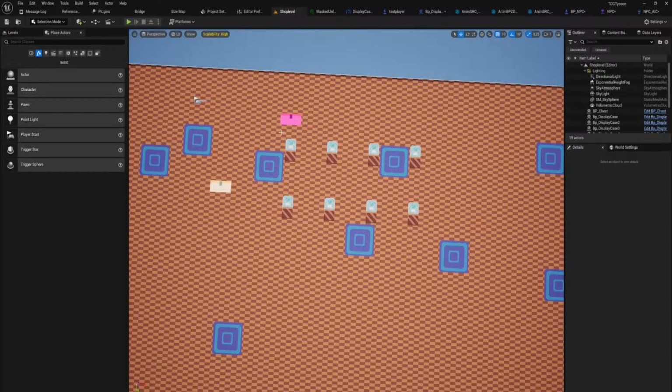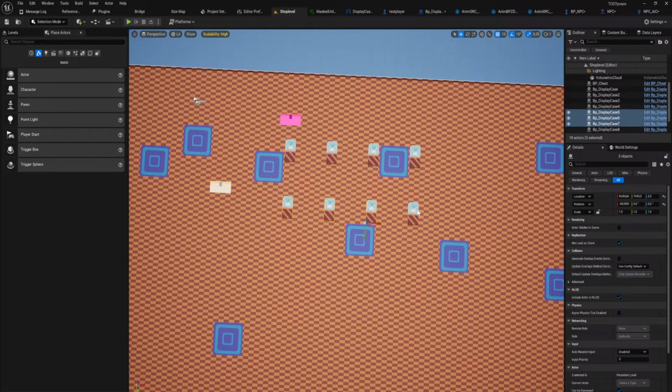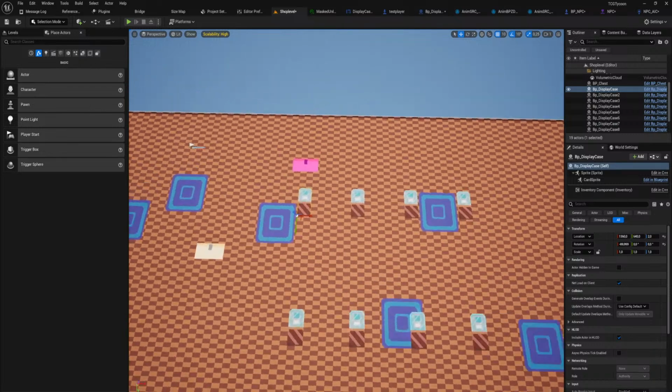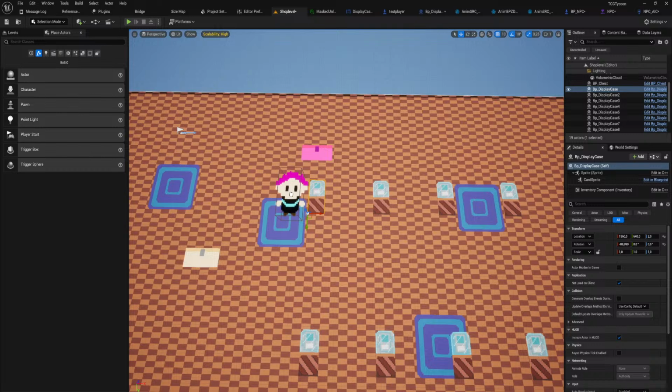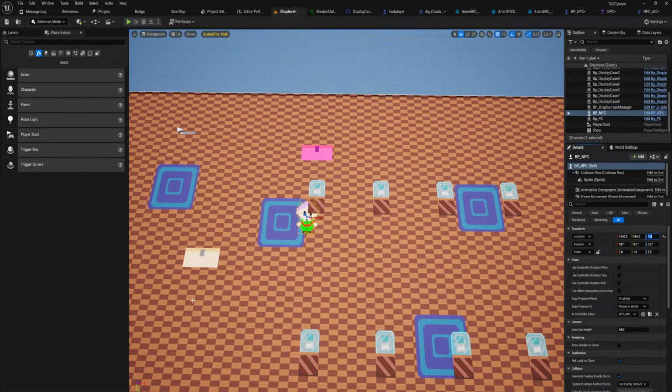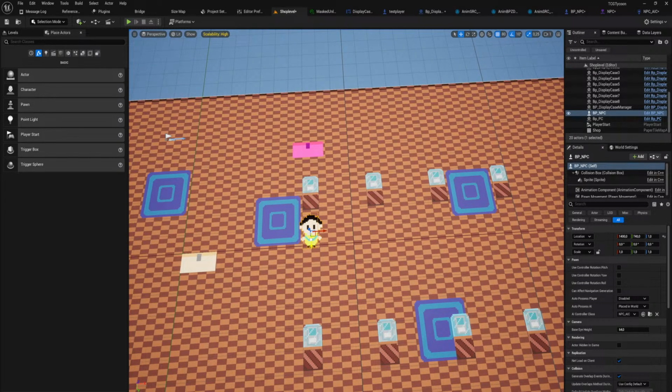Good question. How are we going to do this? I think I want the, let's just move them out of the way a little bit. I think I always want them to be looking at this from the bottom side. So what I want is the character itself. So let's just pull an NPC into here. There we go. The character itself should be, let's just actually, yeah, no, that's about right. Should be standing,